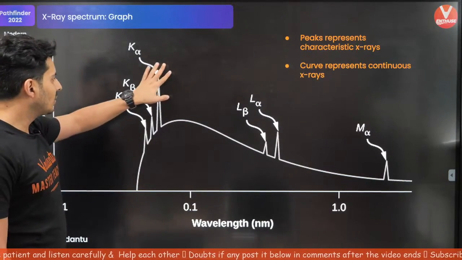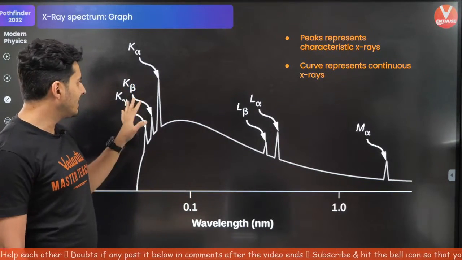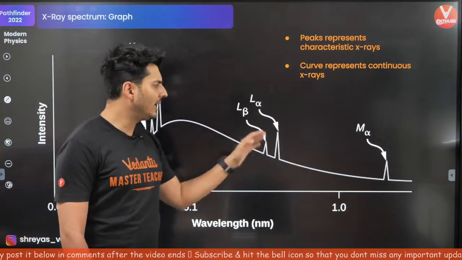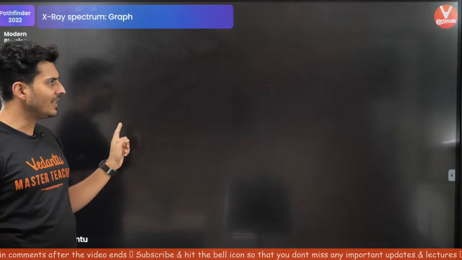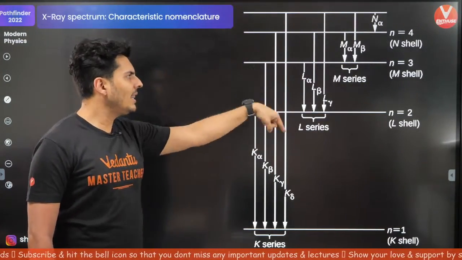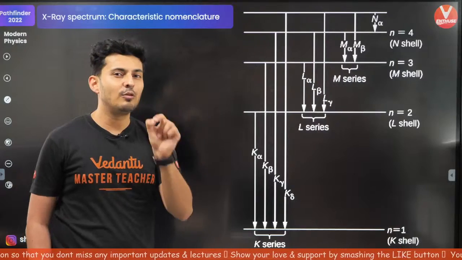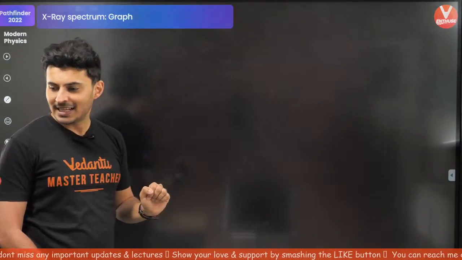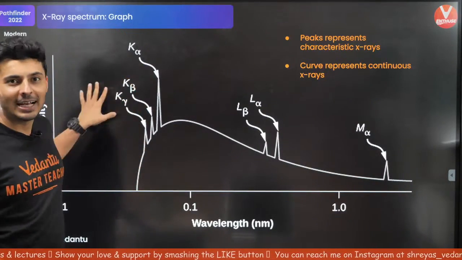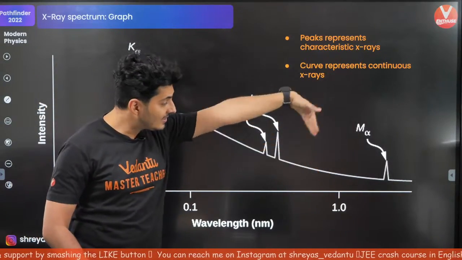Anyways, so this is how the K series, L series and M series look. I have a question for you though. Why is the K series here? Why is the L here? And why is the M there? Why isn't the K there, then L and then M? Probably the answer lies over here. K has very large energy. L small, M even smaller. If K has the largest energy, that means the wavelength should be the smallest. Is that clear? Very good. So, hence K will come right over here. Observe that. K will come here, then L and then M. M has the smallest energy, hence largest wavelength.